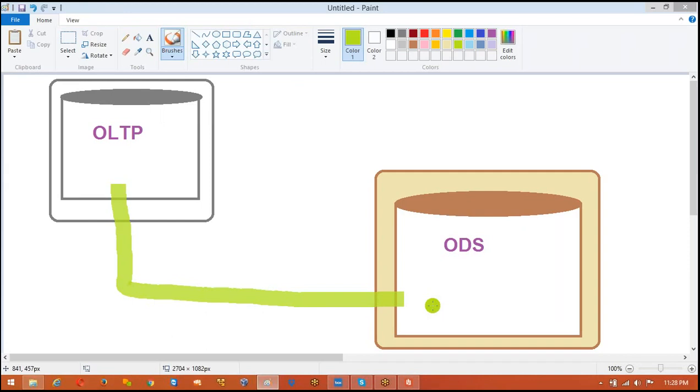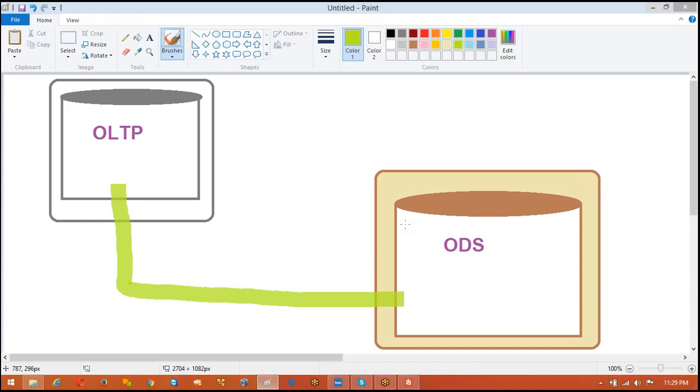So this process must be executed at some point of time. How frequently you execute it, how frequently you update your transactional data into ODS,